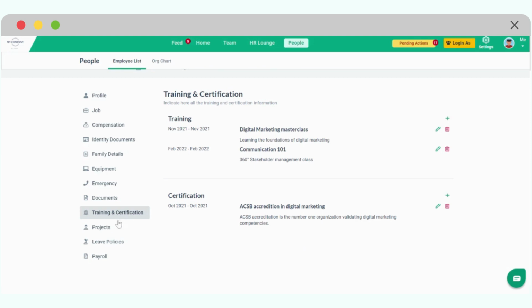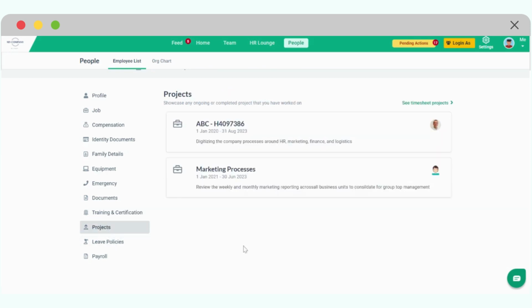The next section will be around the project. So the projects will list which projects you are currently a part of. This is in case your company is actually leveraging the timesheets module, which is kind of a project management module when it comes to HR aspects. So you will be able to see which project you are a part of, and then in this module that we will see later, you will be able to log the time spent on this project or that project, what you did, and so on.